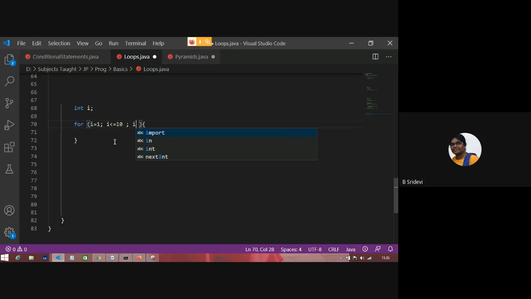So after 1 I want to go to 3, after 3 I want to go to 5. So i = i + 2. We can write the shorthand notation: i = i + 2 can be written as i += 2. Now I want to print System.out.println(i).